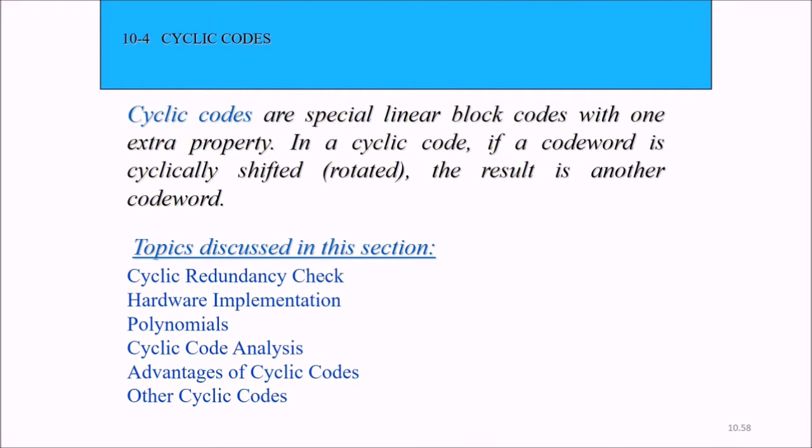Cyclic codes. Cyclic codes are special linear block codes with one extra property. What is that extra property? In a cyclic code, if a code word is cyclically shifted, that is rotated, the result is another code word. So we'll see CRC, cyclic redundancy check, then hardware implementation of this, polynomials, cyclic code analysis, advantages of cyclic codes